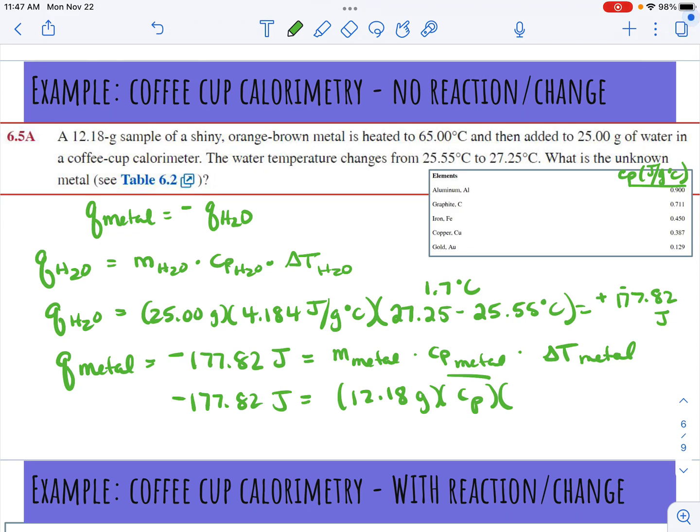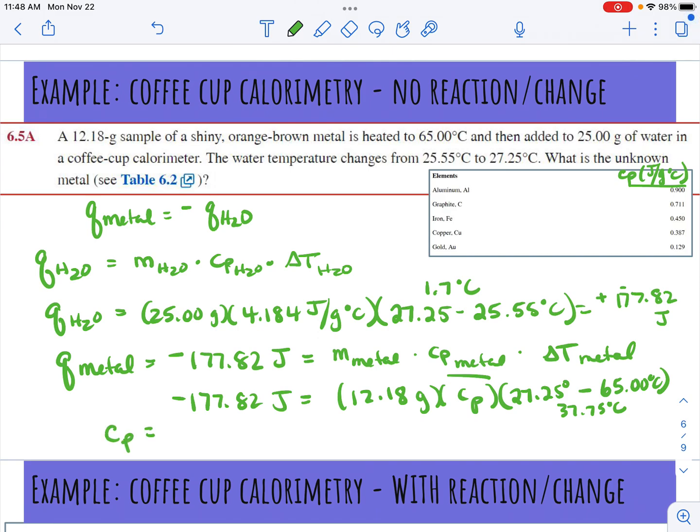metal. And here's where our important knowledge comes in: we started at 65 degrees, the metal was hot, we dropped it into the cold water, and its final temperature was the same as that of the system. So the whole thing, the system and the surroundings, have the same final temperature of 27.25 degrees, but the metal started at 65. Okay, so this is a difference of 37.75 degrees Celsius. So I'm going to go ahead and do the algebra to solve for specific heat capacity and